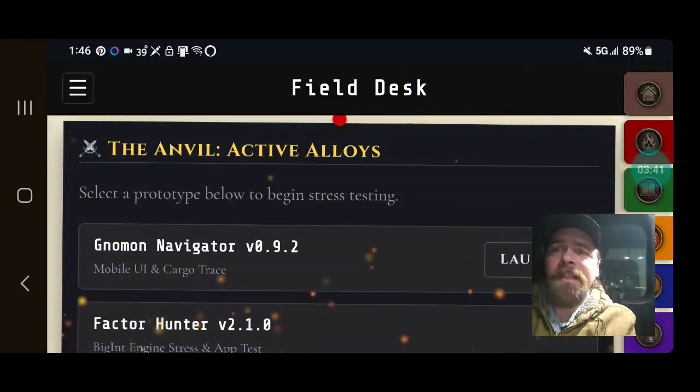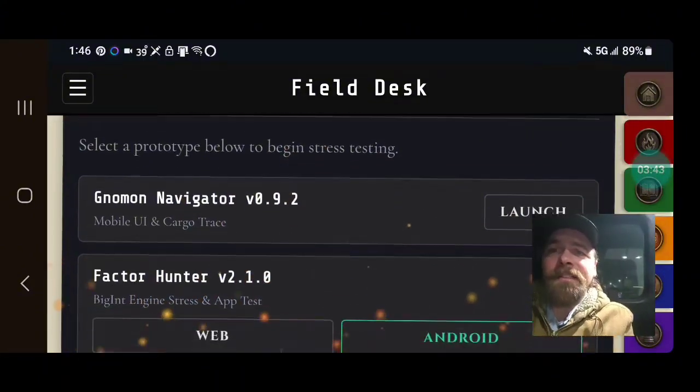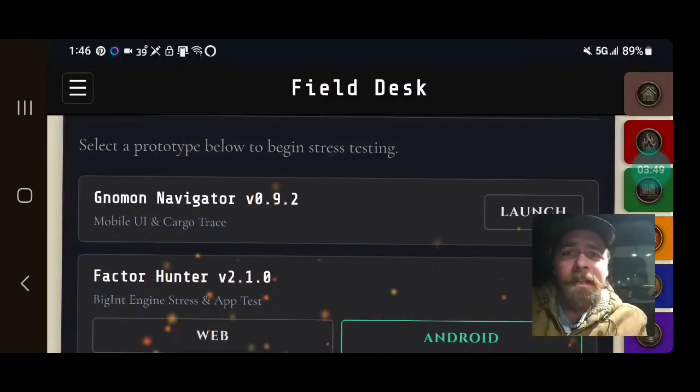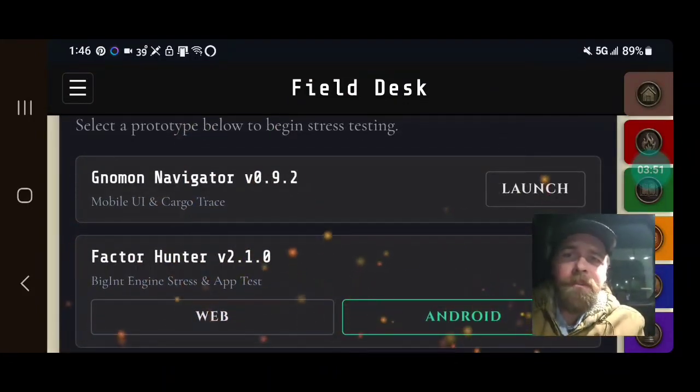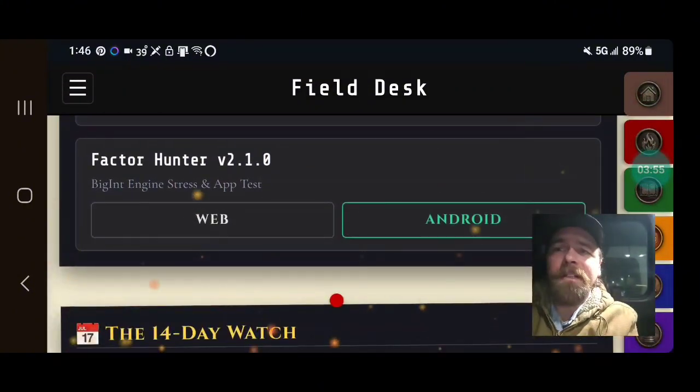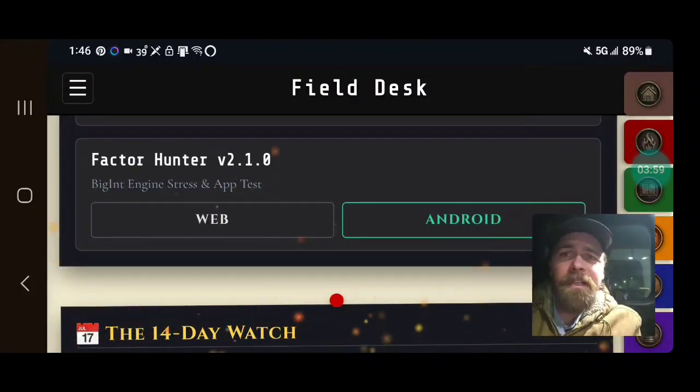That's kind of fun. So the Anvil, Active Alloys, these are my programs. These are the ones that I'm professionally developing for the Google Play Store and distribution anywhere really, but here I have Factor Hunter. I have a web version that's just an HTML application. That's the one that you see in the Forge, and then I have the actual Android application, which currently is in closed